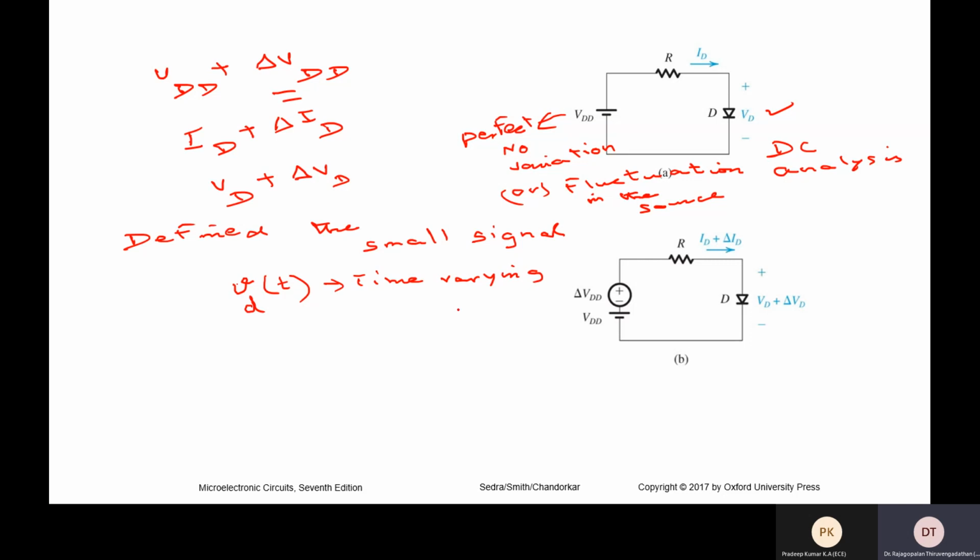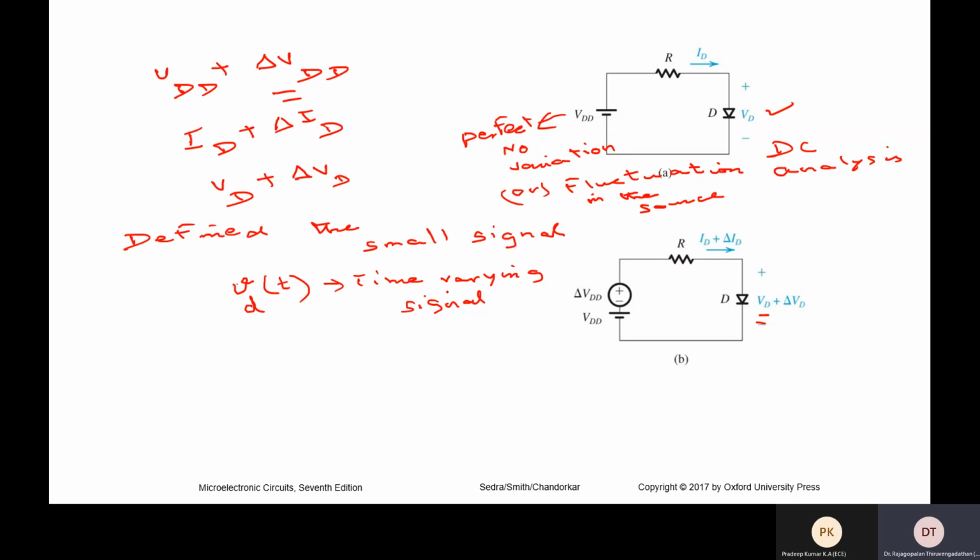Time varying signal that is seen along with the DC. So for example, we always used to have 0.7. So this can be something like 0.007. So 0.7 plus 0.007. Okay, or even those kind of numbers, depending on the nature of the source, and mainly the resistor that we use here, and the operating point over here. Those things you will understand in this class.